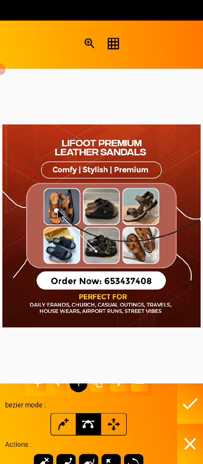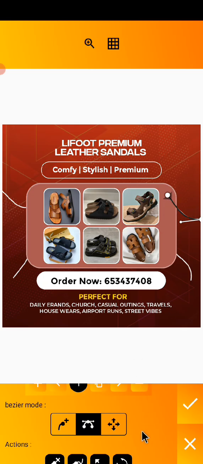Then I'll hold this node and make sure, yeah, I'll do something like this. Okay, yeah, I think I'm cool with this. So when I'm done